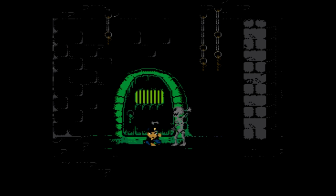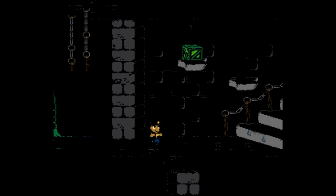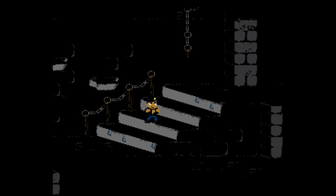Alright, so some of these characters, and again, we're still early on in the game, we thought we couldn't even kill. So if you see us jumping over them, that's why. But it's also one of those games that once you scroll past something, you can't go backwards. So pretty typical for this era, but here's a candy corn. You'll see if you get that, it gives you health. We really didn't need any there, but...